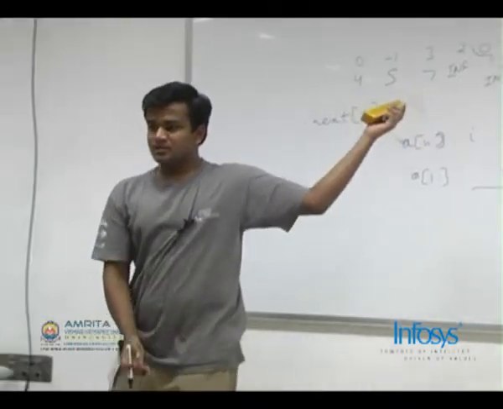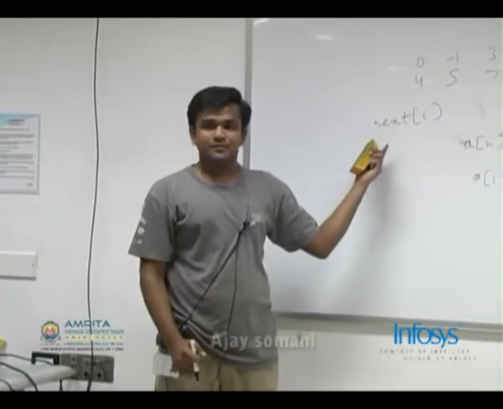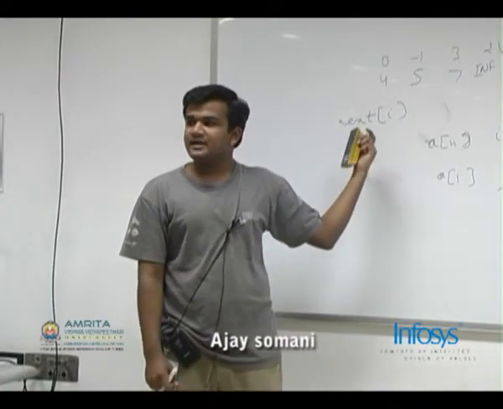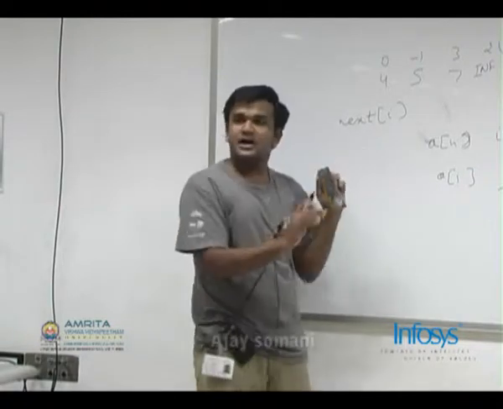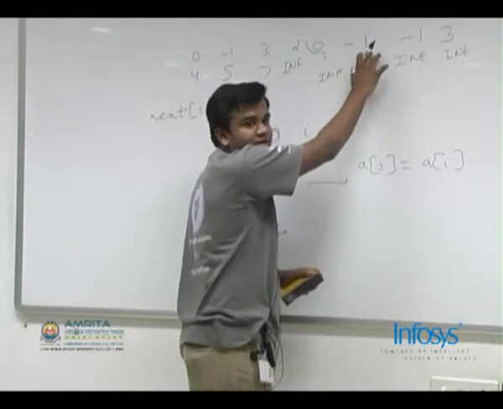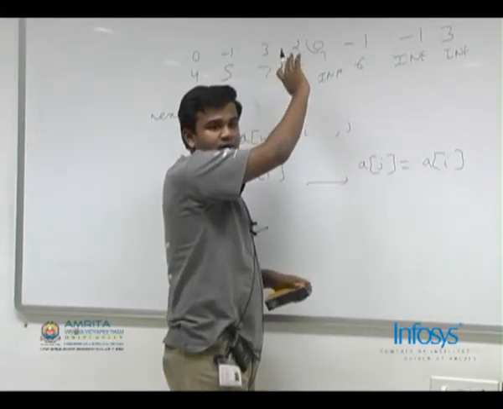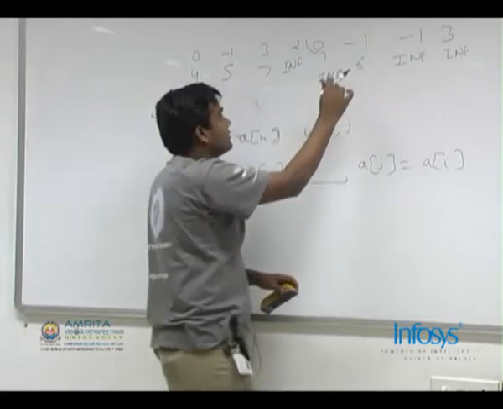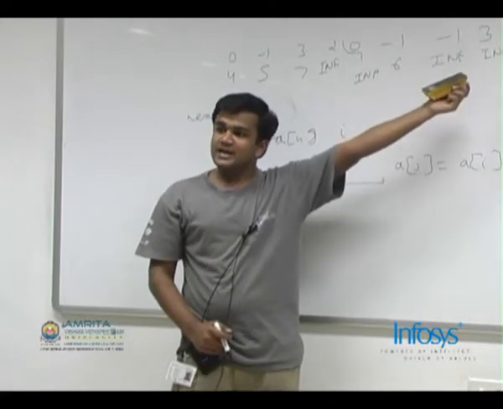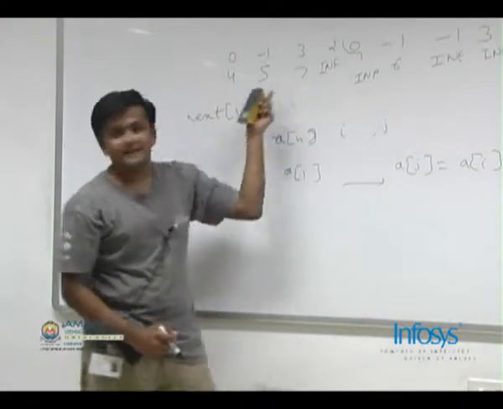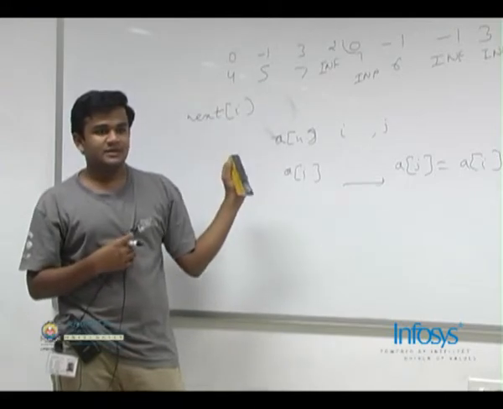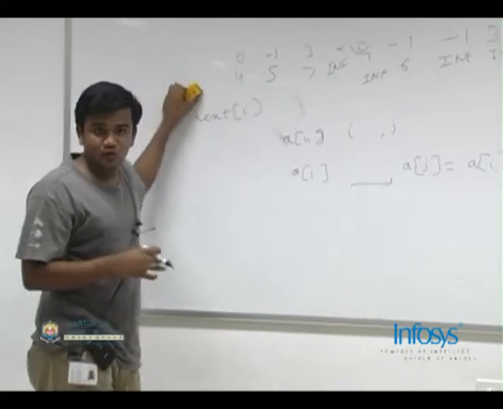So does it make sense? How is this array computed? Now you can compute this full array in order of n log n if you have access to a map. So I'll tell you how to do that. You will process from here to here. Each entry you will insert in the map and update its position as this. And before doing that, you will check what is the position of the same entry. So they will give you the last position of that entry, and you store that in this array. If that entry is not found, then you write infinite. Does that make sense? So I'll write the pseudocode.